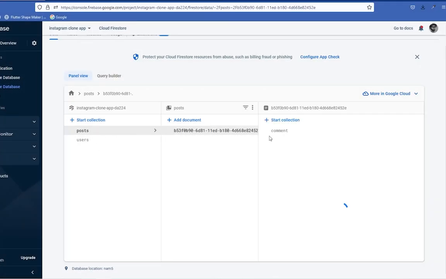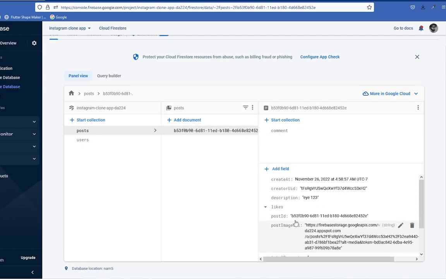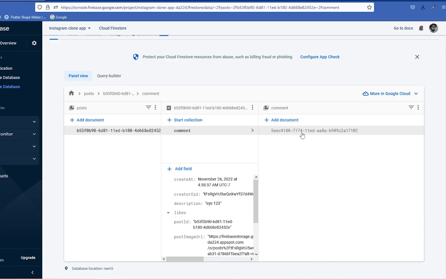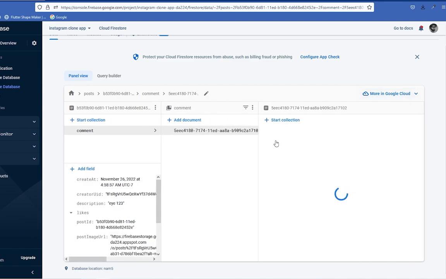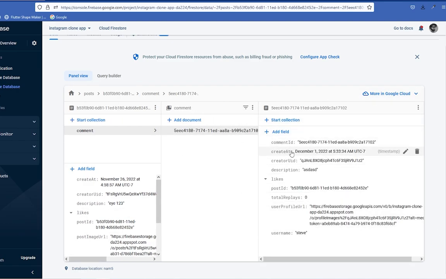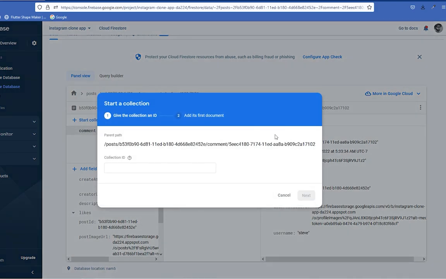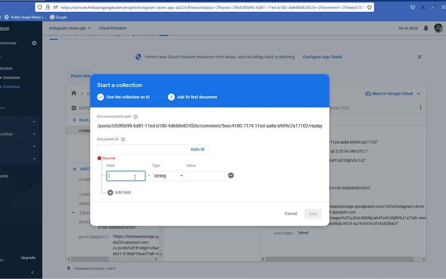First we have the post specific document, and in this specific document we have this comment collection, and inside this there can be all the comments of the specific post. So inside this specific comment document of this comment, inside this there will be another collection like this. Inside this, let's create a collection. Its name will be reply next, and there will be reply ID, its value will be, let's say, this, and auto generated. Save,